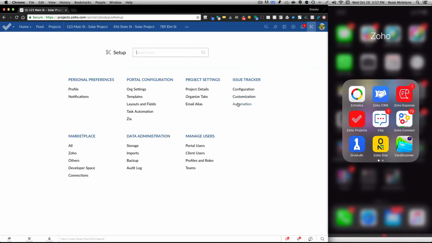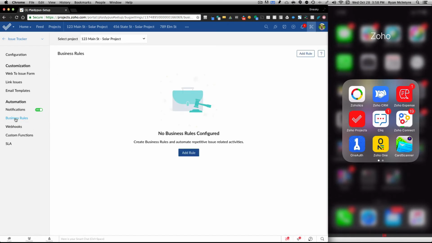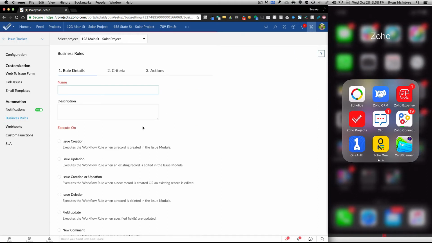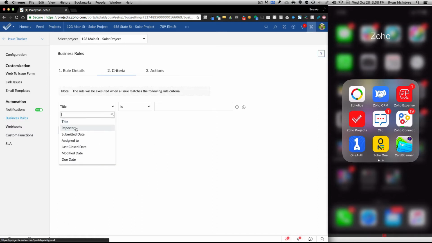So I'll point out here that there's automation we can also run on issues. Part of what I would recommend we do for issues, and this is kind of what I'm recommending for scheduling on demand for certain things, is that we can set up business rules, right? So I'll add a rule here, and this is what we'll call a showstopper rule, okay? And this is for showstopper issues, right? And so on issue creation, which is going to be the most critical piece of this, especially if something's a showstopper, as we're saying up here, I can then say, look, if the severity is showstopper,